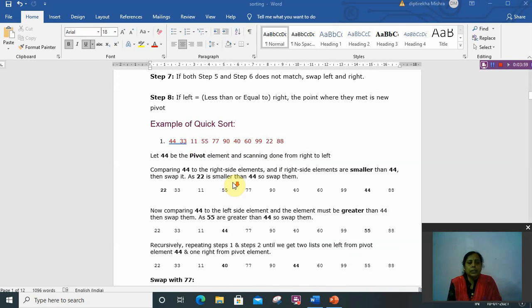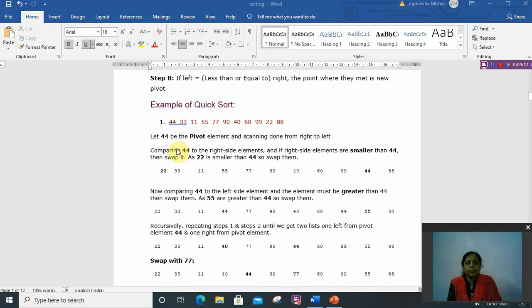So look at this example. Here is an unsorted array having unsorted elements in it, and let 44, the first element, be the pivot element. Okay. And the right variable is pointing to 88. So we start from the right side.